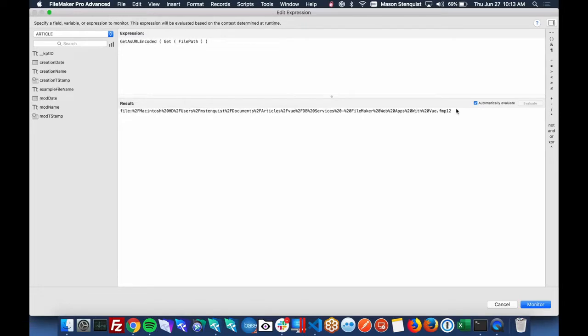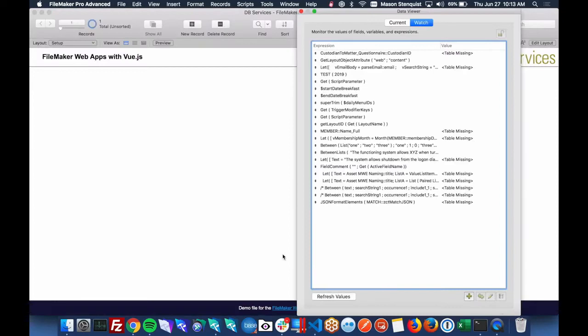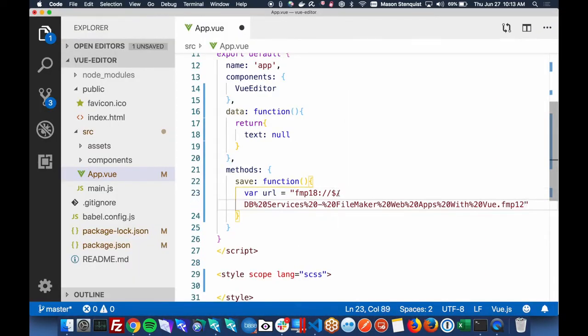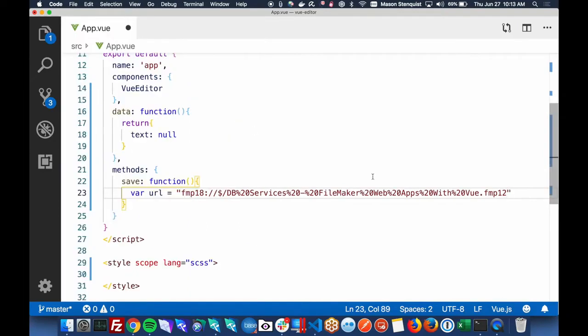There we go. So articles, right to there, DB services. All right, so we've URL encoded it. Paste that in there. Let's just shrink that for a second. All right, and then we need to tell it which script we want to run.